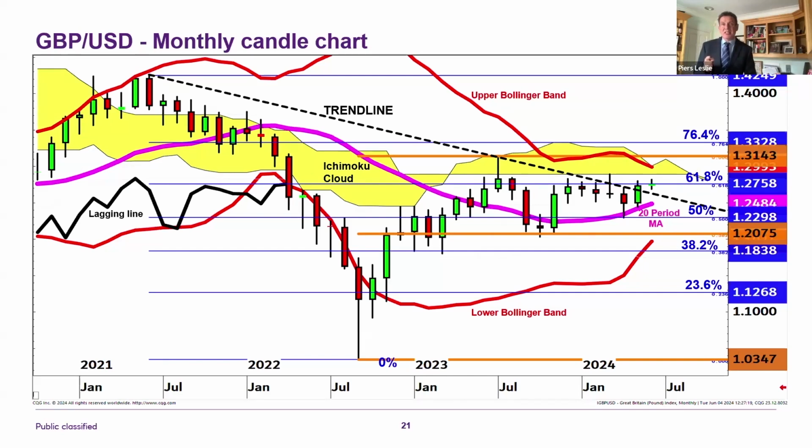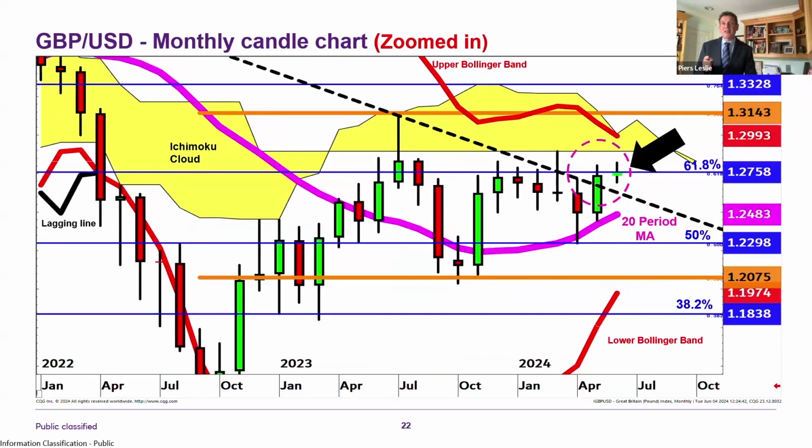So if we move into the next chart, you'll see that a bit clearer. So this is what I was warning about last month, the pressure being on that downtrend line. And what's happened? We've got above that downtrend line. So we've broken above the downtrend line, but price hasn't rallied much away because it's still got that 61.8% in the 127.60 area. So what do we know here? We know where the support is. The support is that 20 period moving average.